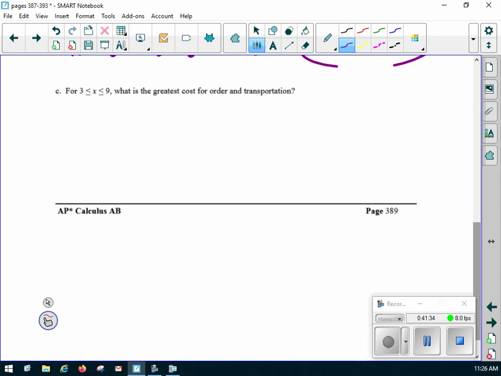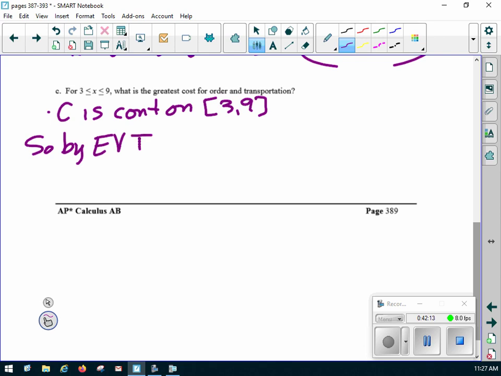For 3 to 9, what is the greatest cost for order and transportation? Extreme value theorem. What is the requirement for extreme value theorem? Continuity. Is that function continuous from 3 to 9? Yes. Sure is. So, C is continuous on 3 to 9. So by EVT,